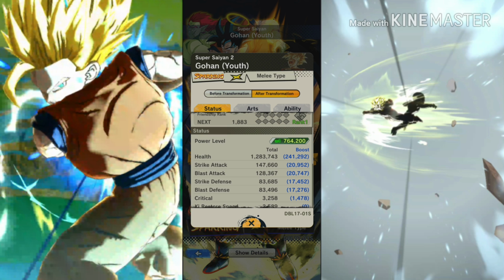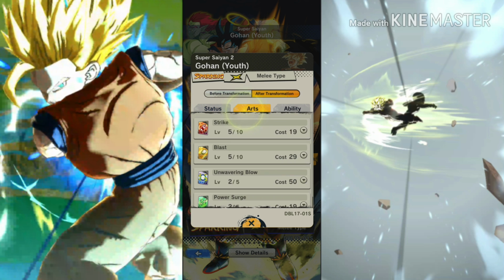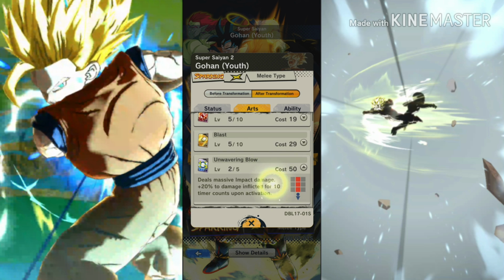There are some characters who have a high blast attack, and still they can't hit that 128,000 blast attack. This is absolutely amazing actually. This is very nice. However, as for his arts, his strikes are normal, his blasts are normal,